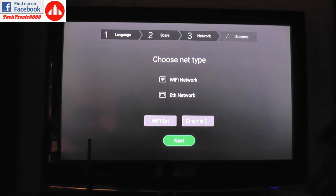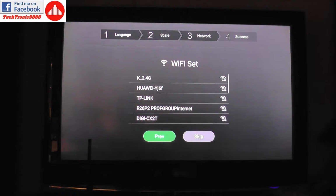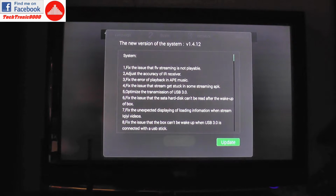Next. Alright, choose net type. I'm going to select wireless, and now I'm going to connect to my network. Network is now connected and we are greeted by the new version of the system fix. So it has detected that there is a newer firmware, and that's another thing great about this player,